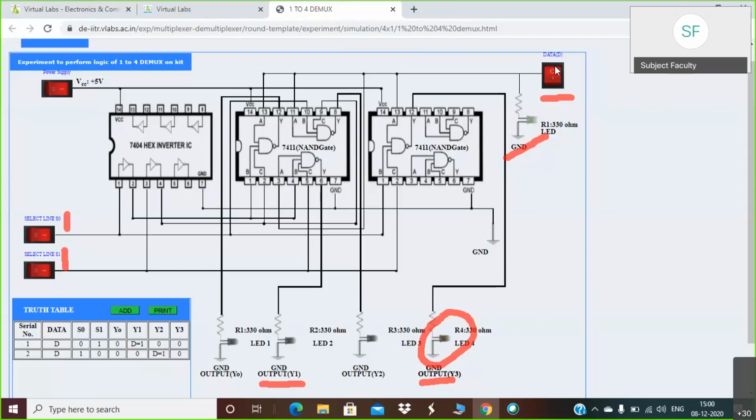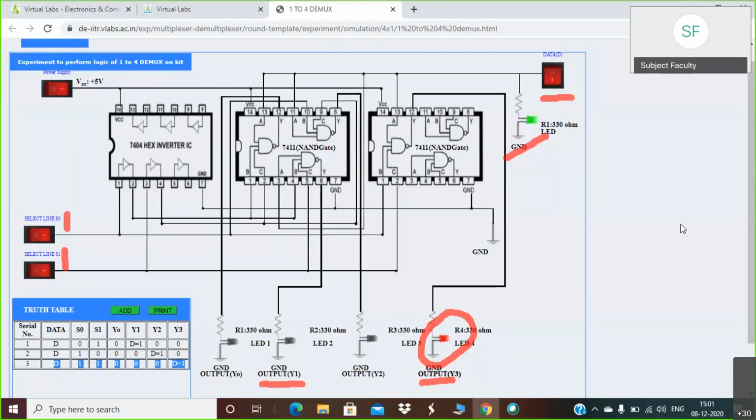Okay. So again, you have to add this reading as well. So you can observe, we have already seen this truth table while discussing the 1:4 demux. When S0 and S1 both are 1, 1, Y3 is selected. You can observe here this third reading. Y3 is nothing but it will be equal to input D.